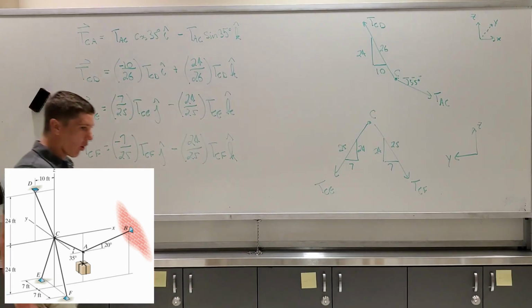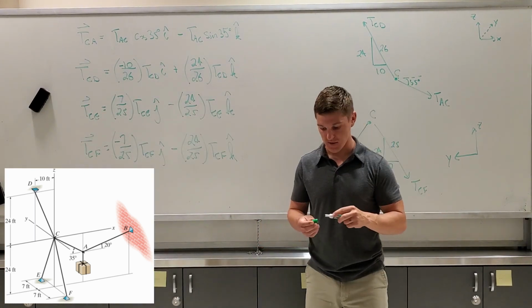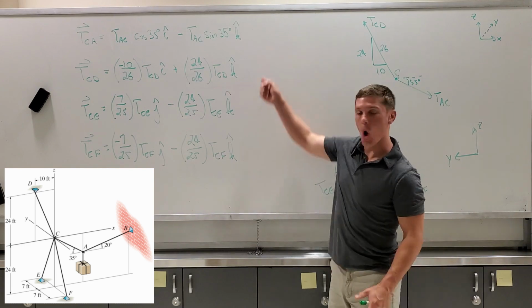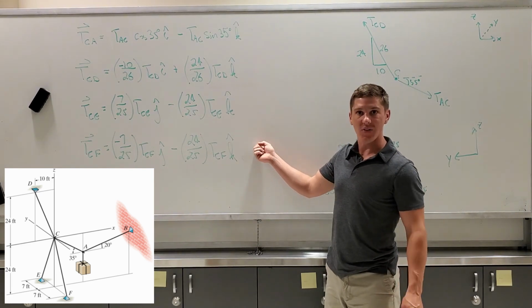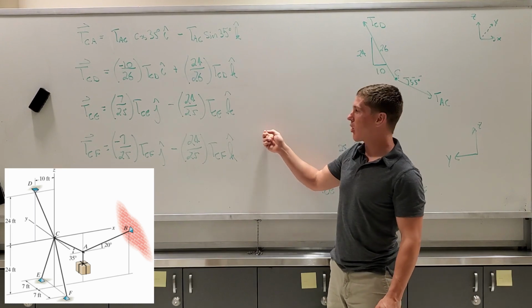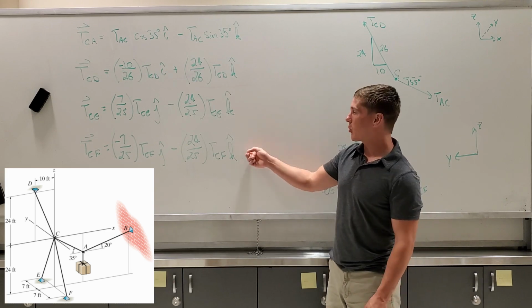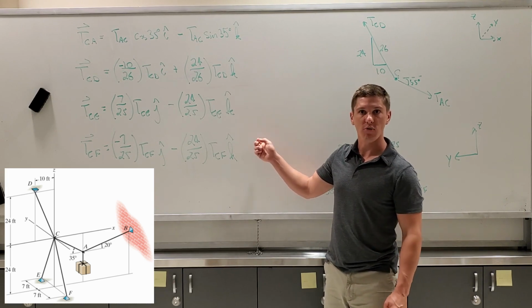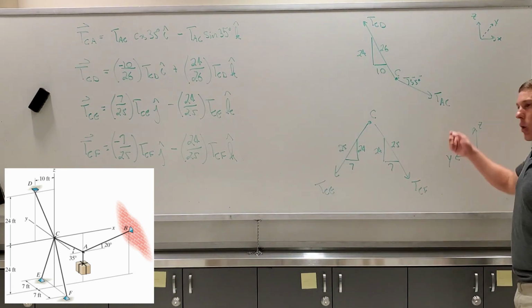So anytime that we're working three-dimensional particle equilibrium problems, this is always going to be the hardest part of the problem. The hardest part is looking at the physical system and determining the vectors along which our forces act. So we did it this way by doing similar triangles,